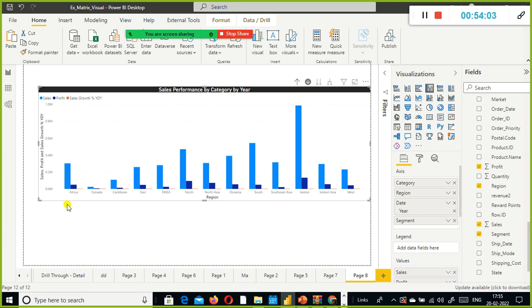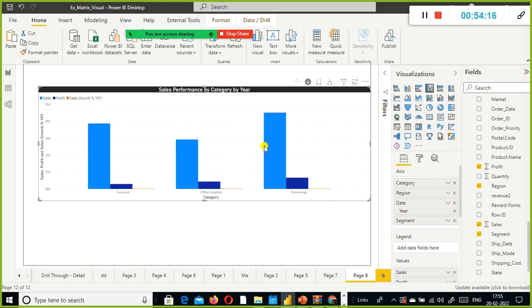So in technology, in which all regions we sold it, what is the sales? For all the regions, the sales and profit for technology alone, if you want it, you can drill down to a specific section or specific column. It is possible only when you enable this down arrow. Otherwise it is not possible.